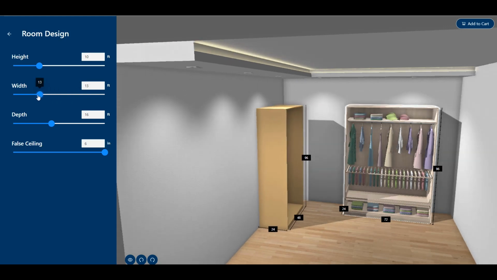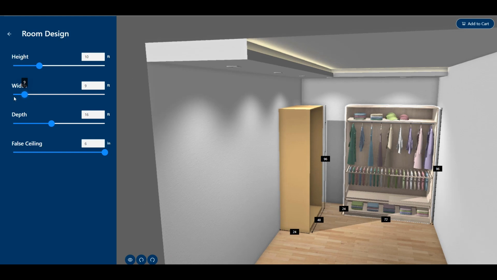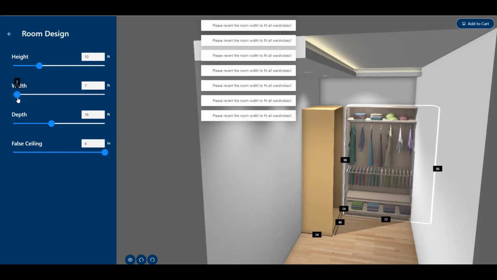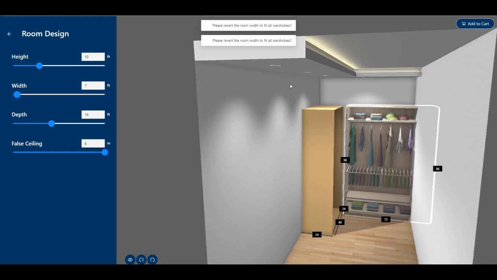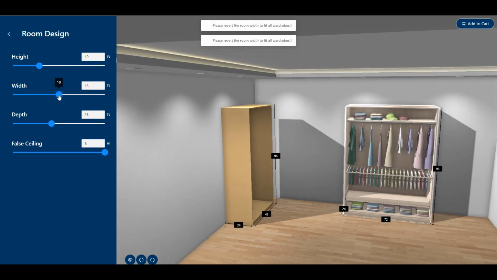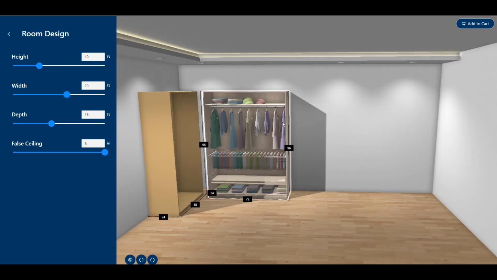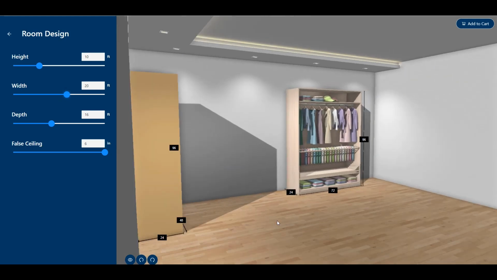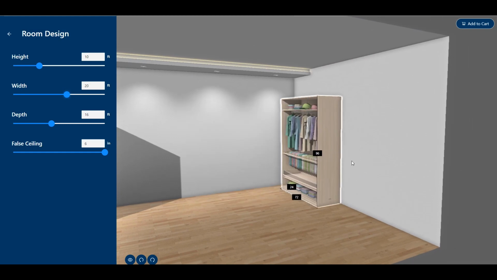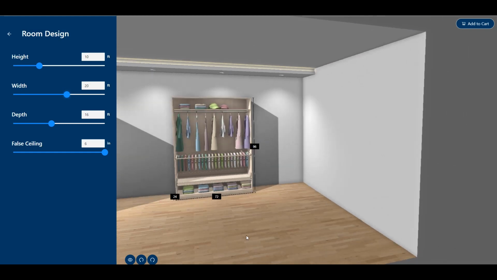the wall. And if I'm changing the width beyond the limits, it will notify me that there are some wardrobes which are not being fitted into the room itself, and it will notify me to revert the sizes back to fit the wardrobes correctly. The created wardrobe can be moved on the left wall or the right wall as per